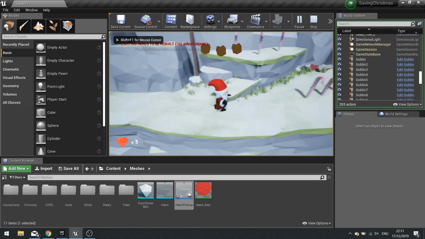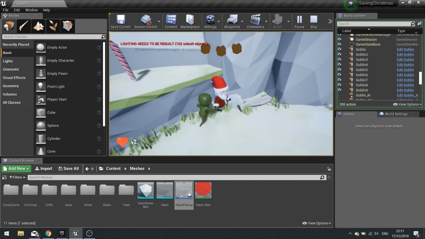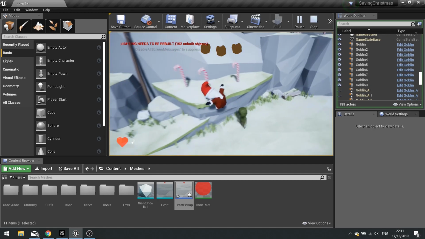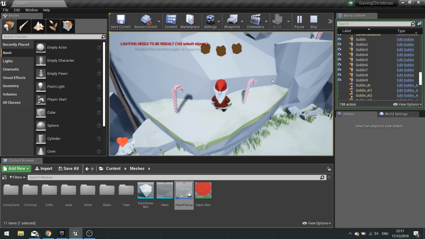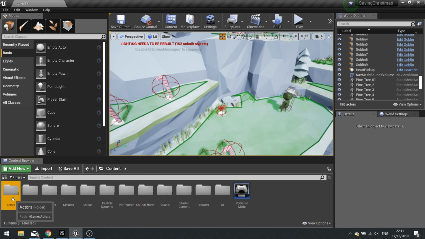So here I am in the game. I get hurt. I can pick up the health. Okay, so health is being affected, but notice the UI did not change. So to fix that, we need to make sure we tell it to update that UI. So the easiest way of doing that is if we go to this Santa actor,